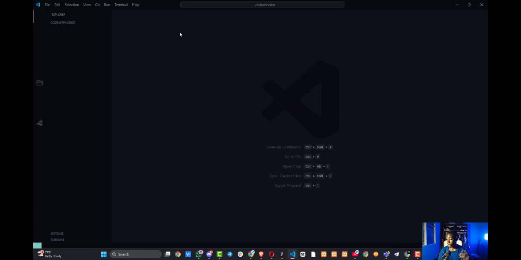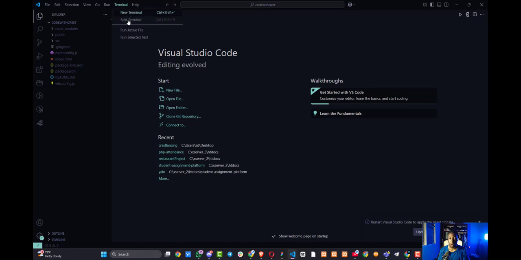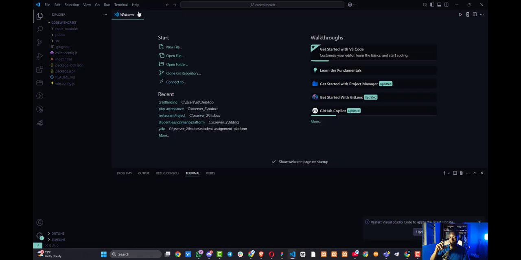And once we have just this open, this tutorial will kind of be a little bit long, but you need to stick through it to understand most of the tips I'm going to be sharing here. Because I'm going to be sharing inbuilt technical knowledge that you guys need to know to follow through. So I'll just open my terminal, open new terminal. And once the new terminal is open,